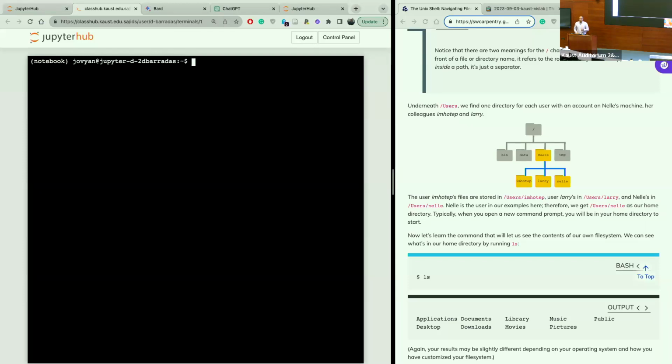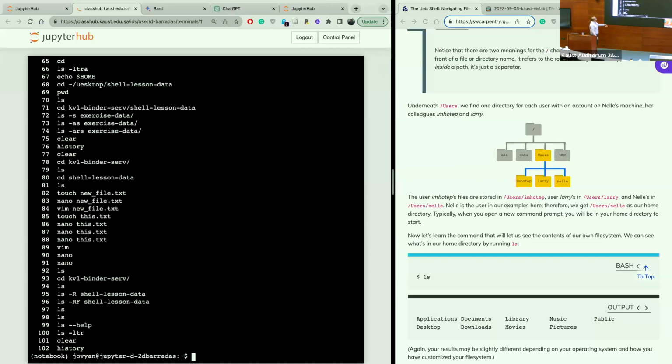So one of the things about Linux is that it's going to save all the things that you have done previously in a history. If you press the up arrow, you will get just the last thing you did. If you go up again, you will get the almost last. To exemplify that, there is another command called history. Here you have the list of all the commands that I have done in the past, 102 lines. You can see here, for example, in number 100, I have the one that I like,